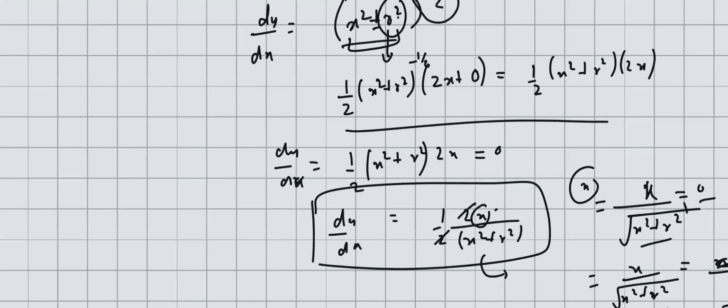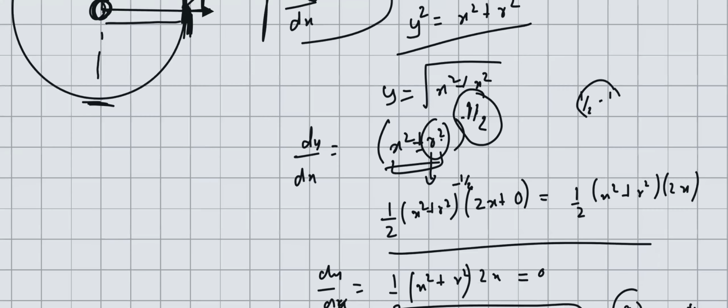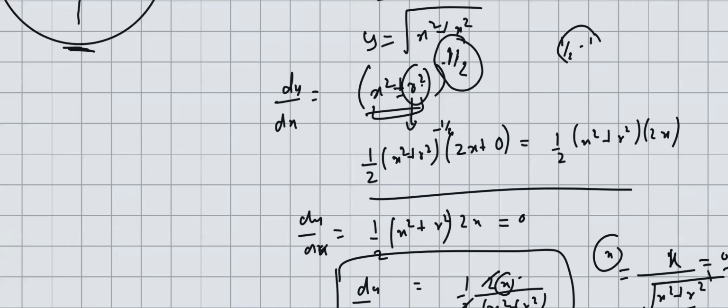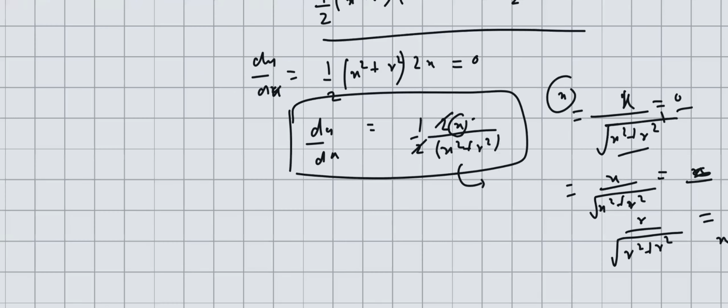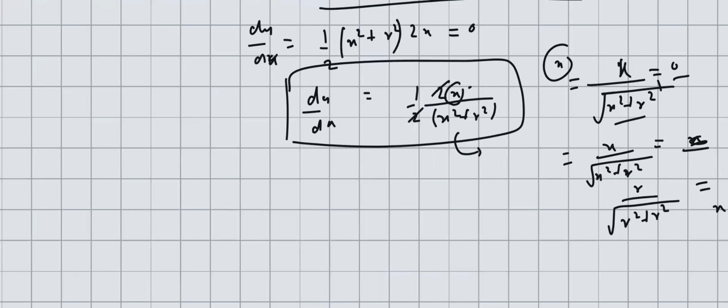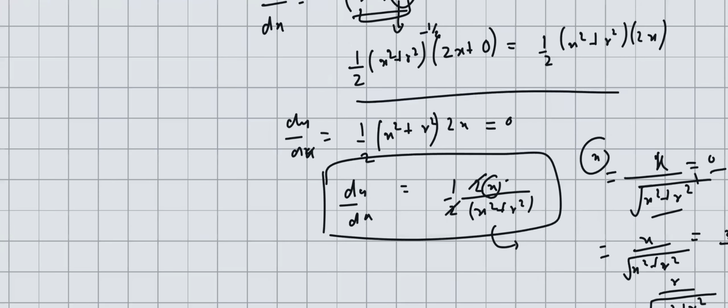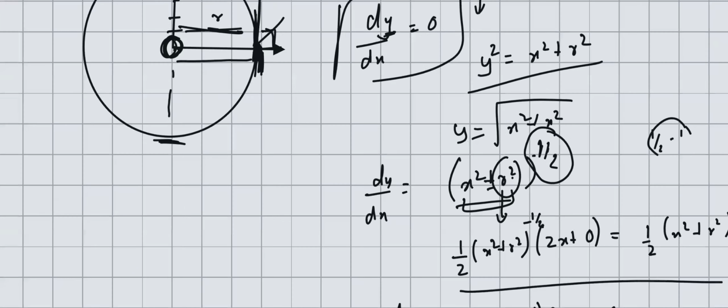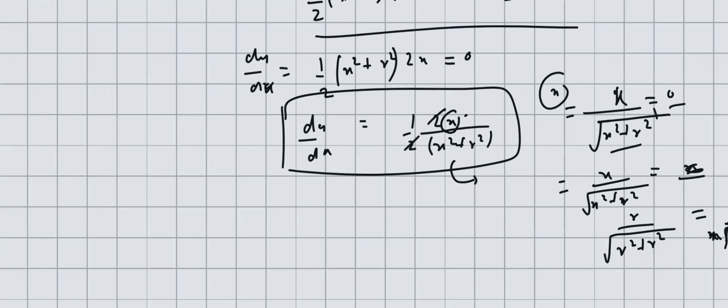In the equation, I'm getting something like this, but did I make any mistake over here? Because I'm not sure. The slope should have been 0 at this point, because this is 1 by x under root of this. No, it's wrong actually here. I'm getting the wrong value. If I keep x equals to 1,